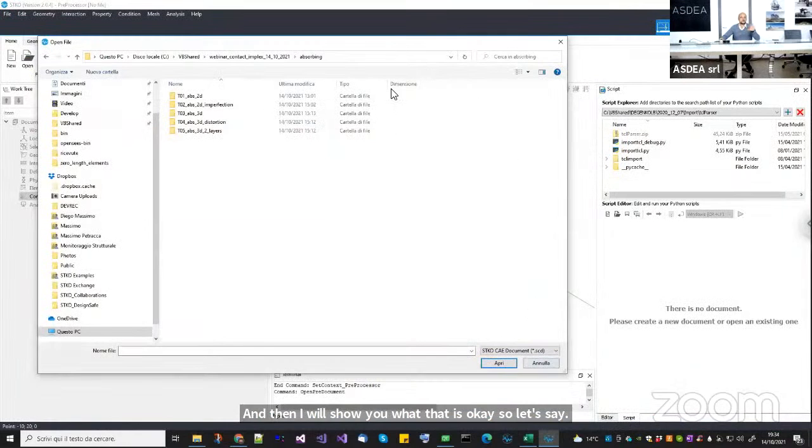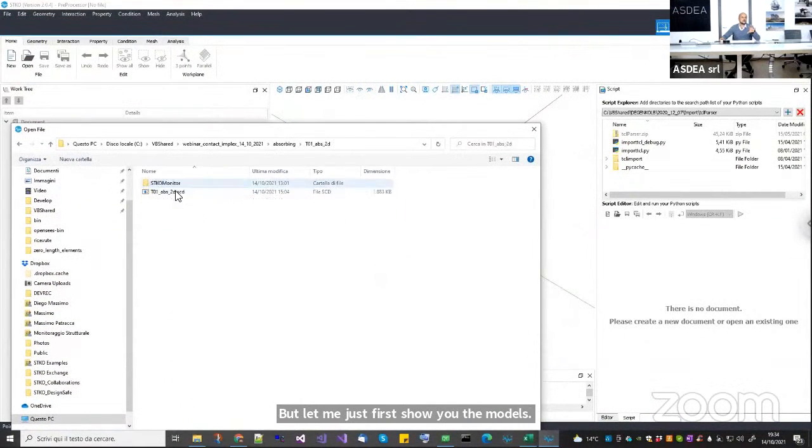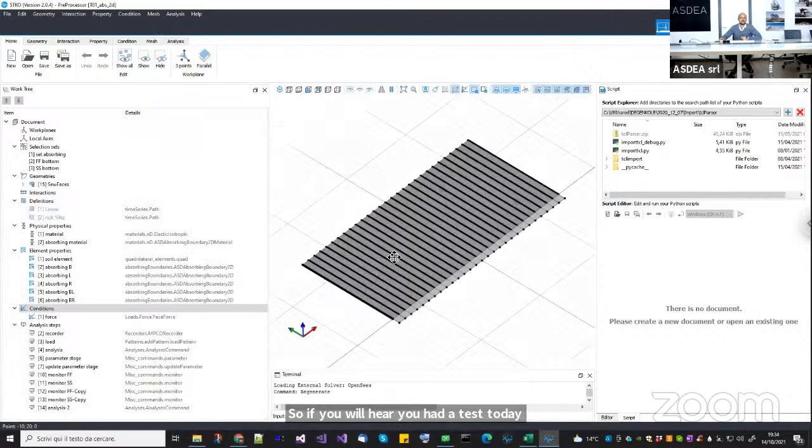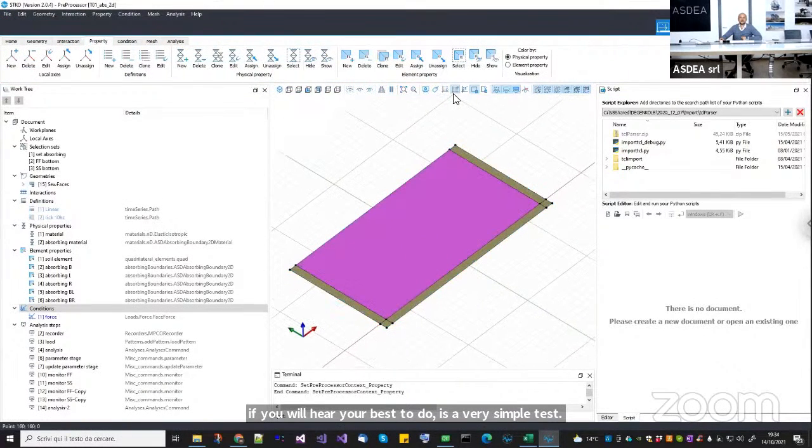But let me just first show you the models. Okay, so if you go here, you have a test 2D. It's a very simple test. You can see the geometry and the properties. As you can see here,